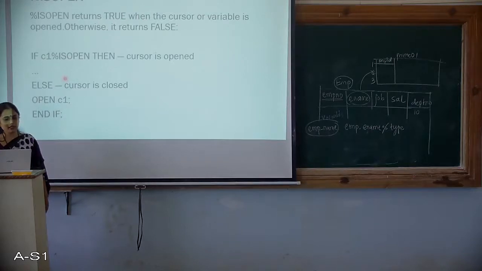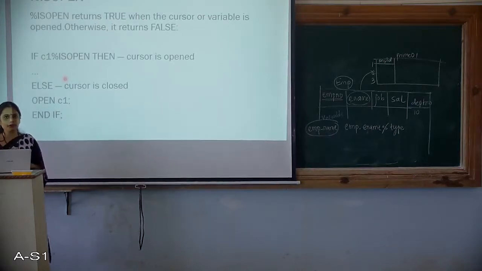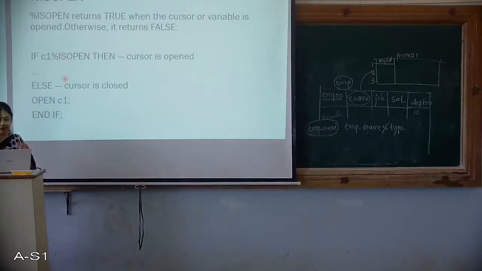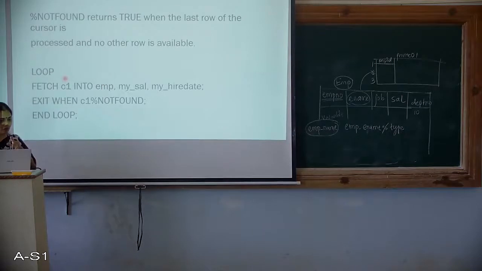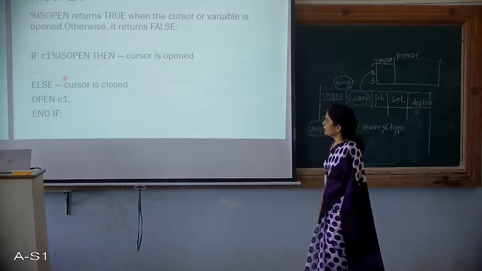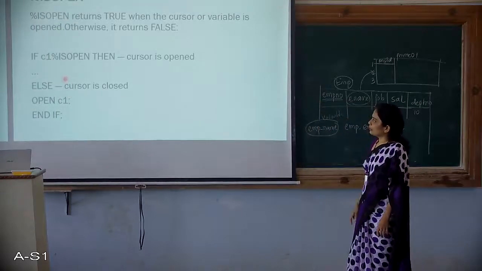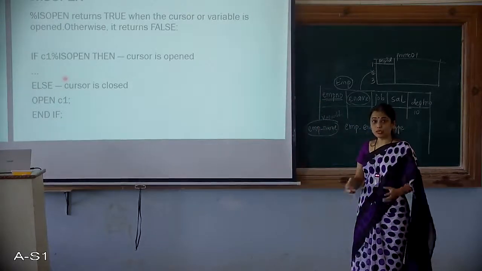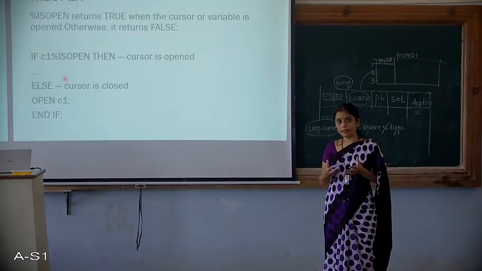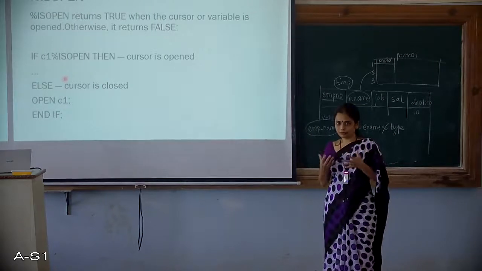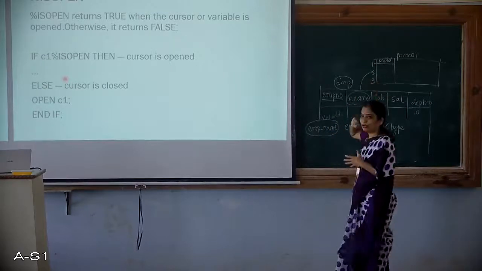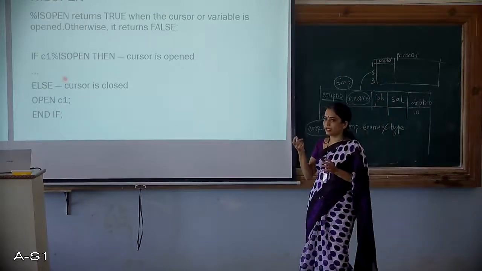Now I am taking you through the various attributes which can be used along with the cursor. These are a couple of them, that is why I went fast there. You can see found, not found. So let's start here. It says is open. You can check whether the cursor is open, because we know the cursor has to be opened, and only then can I fetch the data that I have stored.